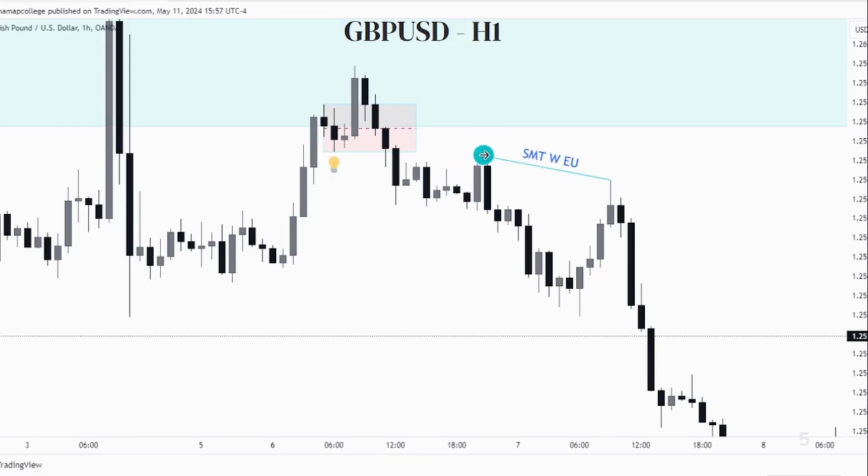So I wait. I don't feel FOMO if price is going lower without giving me an entry, because I know that the price will not reach the final target in just one go, right? It's not possible. A retracement will come and it will give me an entry, and it came. This high was a smart money SMT high with EURUSD. So when this SMT formed and this 1 hour candle closed and confirmed this SMT, I dropped down to the